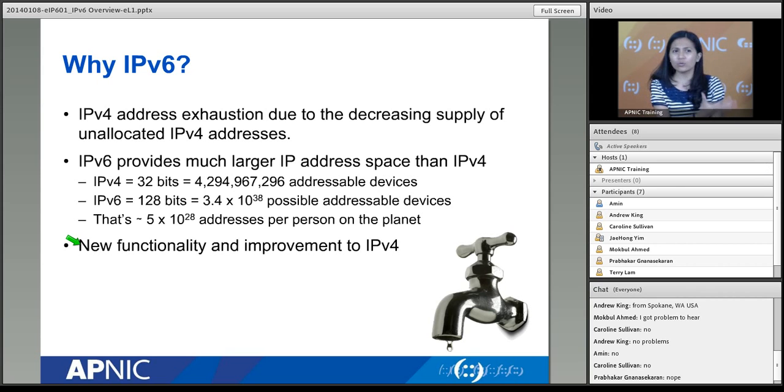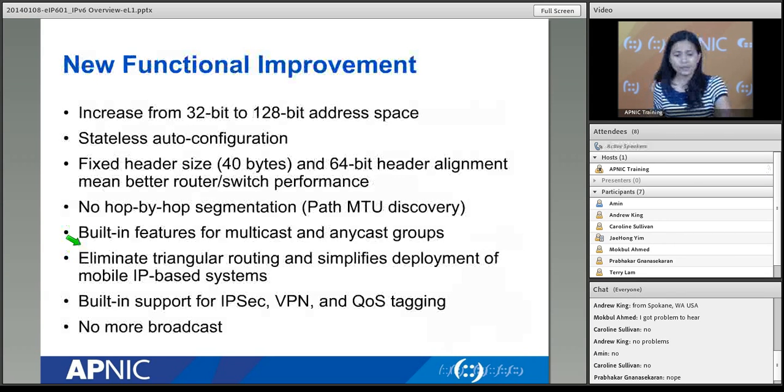Now, we didn't really have as much experience using IP or the internet yet at that time. So when they came up with IPv6 in the 1990s, they saw the good and the bad side of using IPv4 and they tried to improve it. So there are also new things that are introduced, new functionalities and improvements that are introduced with IPv6, which is what we're going to look at next. So it's this one.